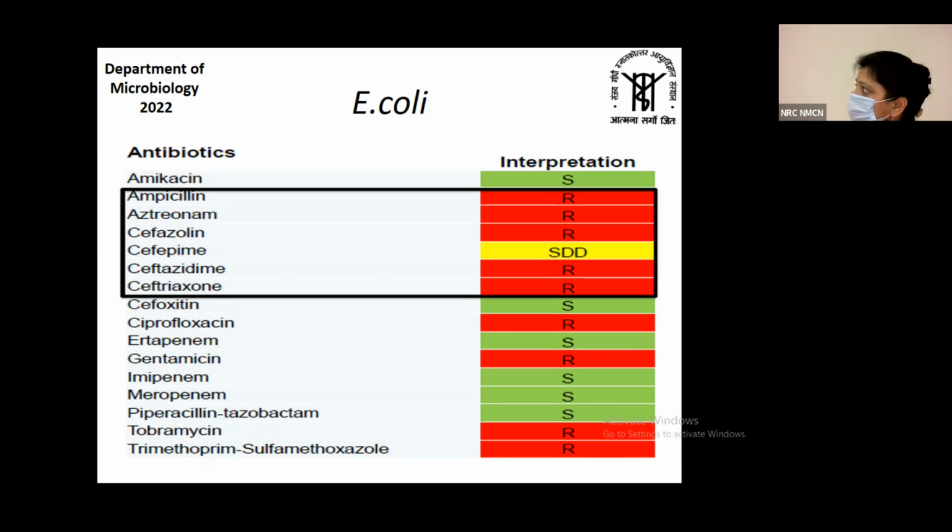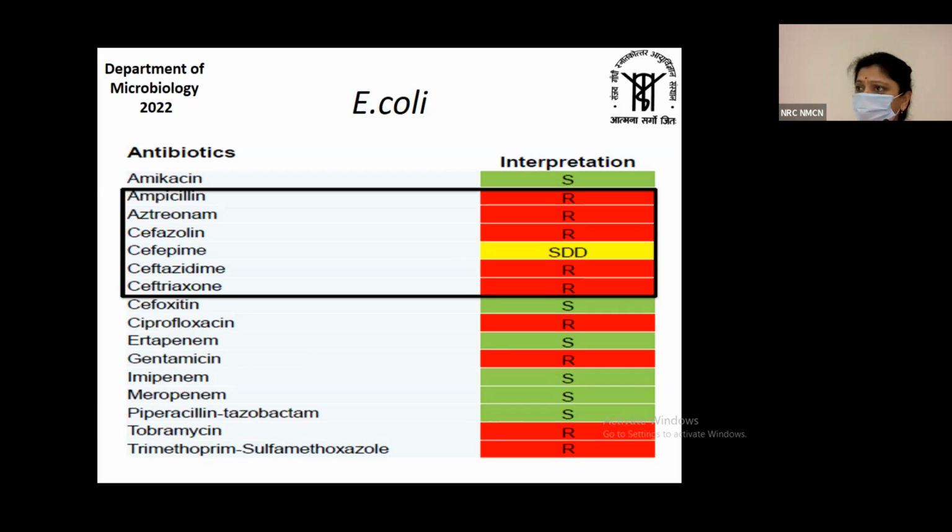Then we have two third generation cephalosporins, which are ceftazidime and ceftriaxone. There is cefoxitin, which is sensitive. Then there are three carbapenems: ertapenem, meropenem and imipenem. All three are sensitive. There is a BL-BLI combination, that is beta-lactam, beta-lactamase inhibitor combination. The inhibitor over here is tazobactam. So nearly 10 antimicrobial agents are related to the beta-lactam group of antibiotics, and most of them are resistant